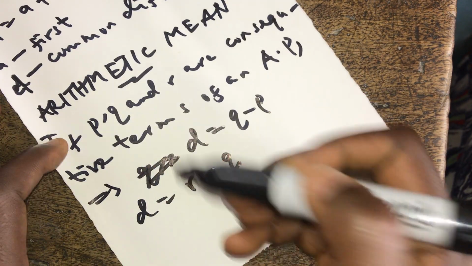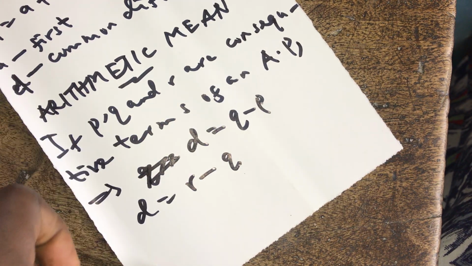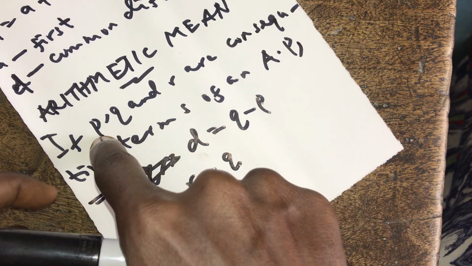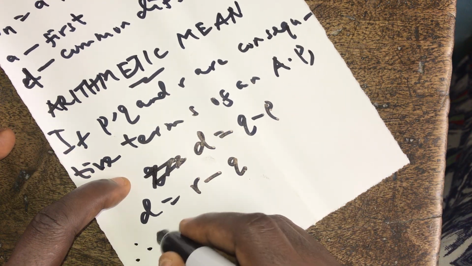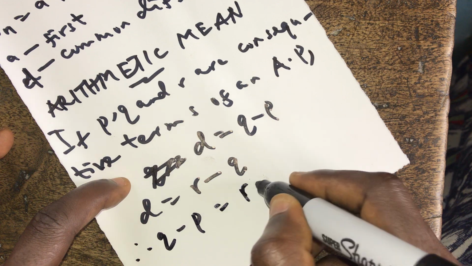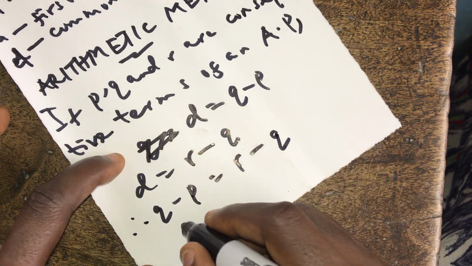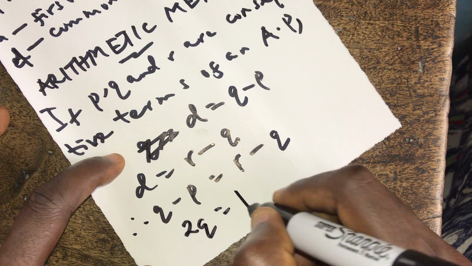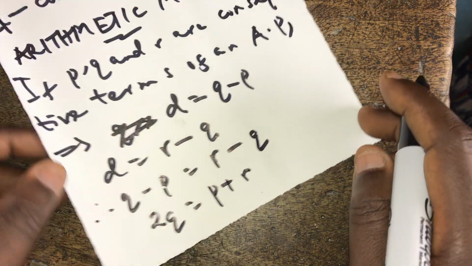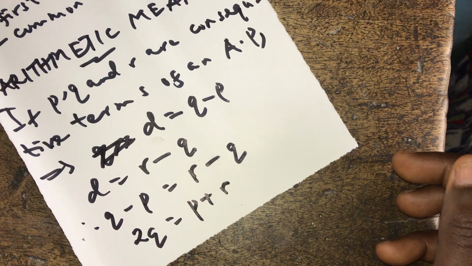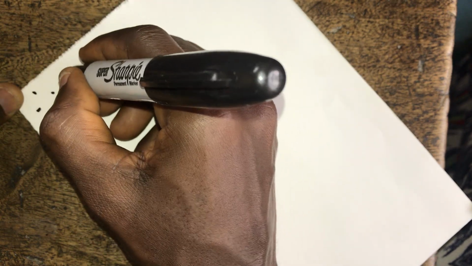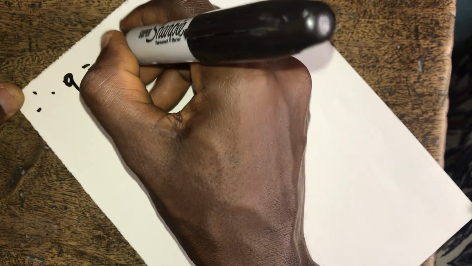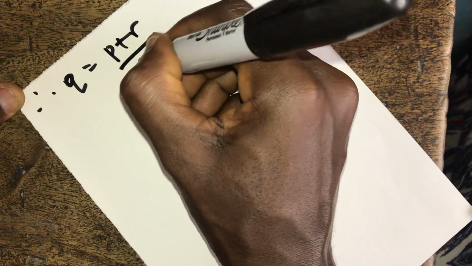So if P, Q, and R are consecutive terms of an AP, that means the common difference D is Q minus P, and it's also R minus Q. So that simply means Q minus P is equal to R minus Q, and this means 2Q equals P plus R, and therefore Q equals (P plus R) over 2,